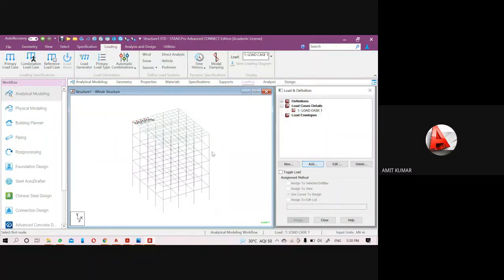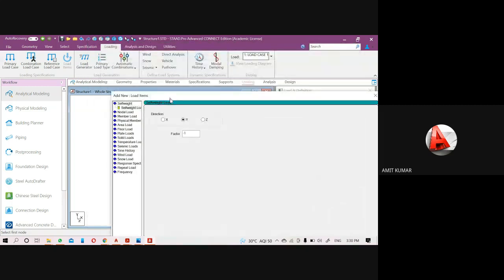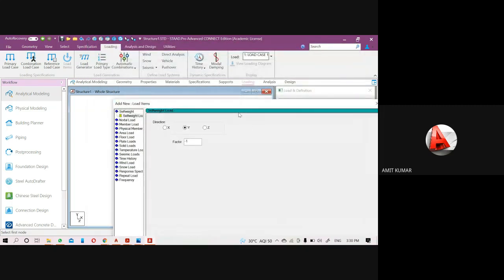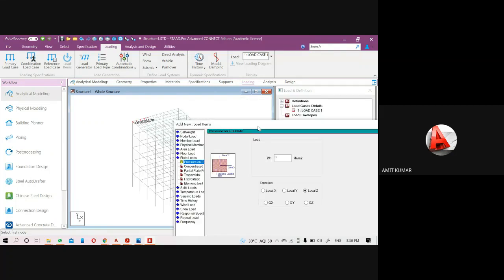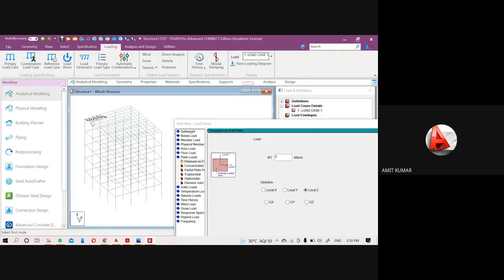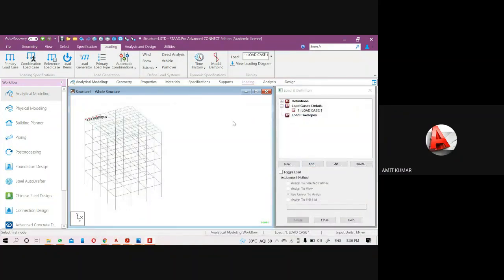Yeah, so if I create the plate in our structure, then the weight of the plate will be assigned through its self weight, and the load on the plate due to the furniture and other things will be defined through the plate load directly, because we have already created the plate here. But if we don't create the plate here and add the plate load manually, then we have to use the floor load to assign that load.